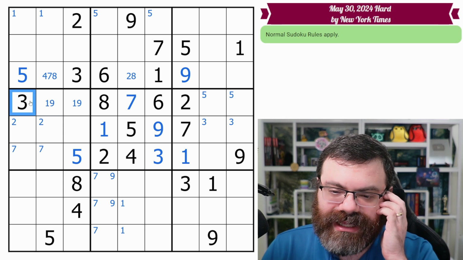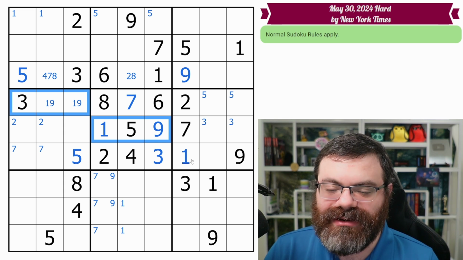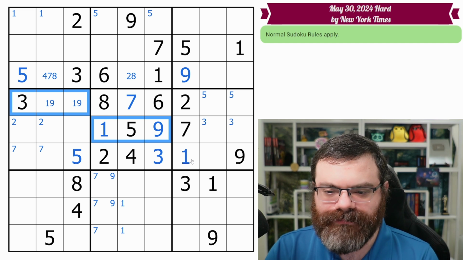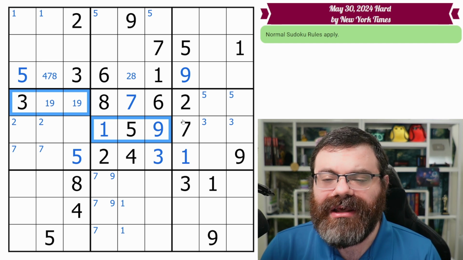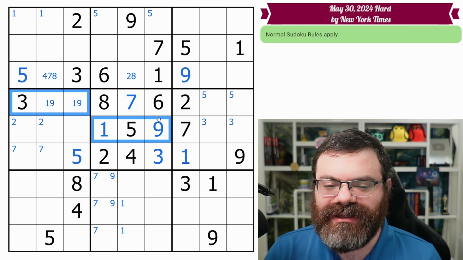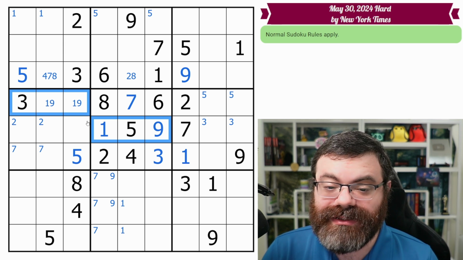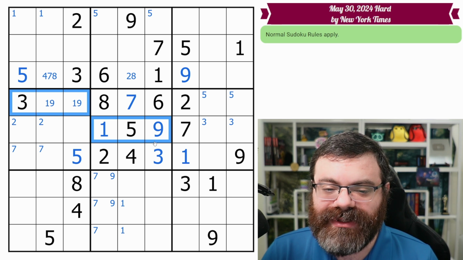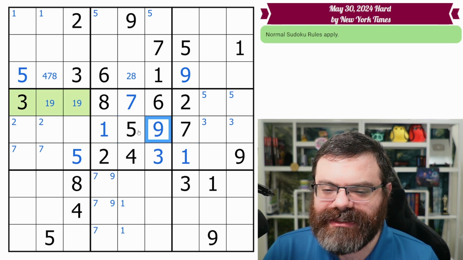I think the next thing to look at is we do have 1-5-9 here and 1-5-9 here. This is actually something I haven't talked about in a long time, so let's talk about it. We have roping. I don't know why, but in the New York Times puzzles, it's less frequent than if you were to generate a random puzzle, and I'm not sure what causes that, but they might filter for it. But I mean, here it is, so it's interesting. Or maybe I just haven't been looking for it as much, but roping, it's just a really nice shorthand